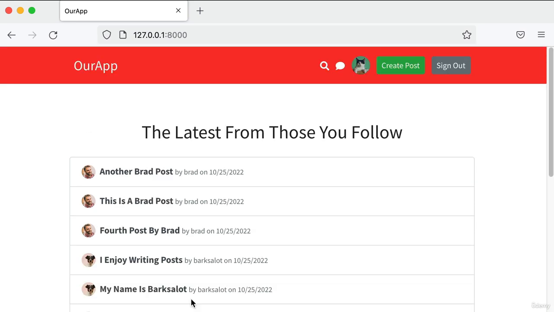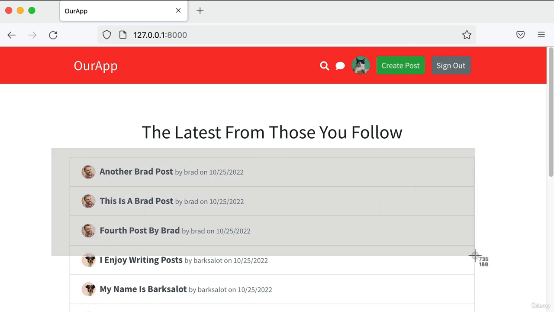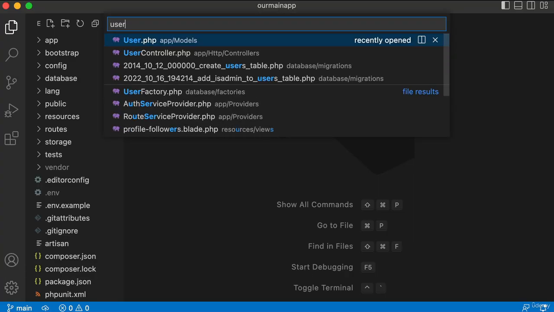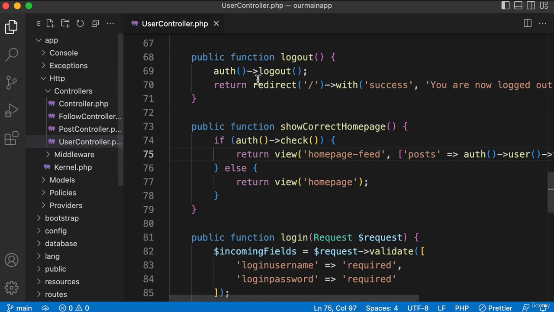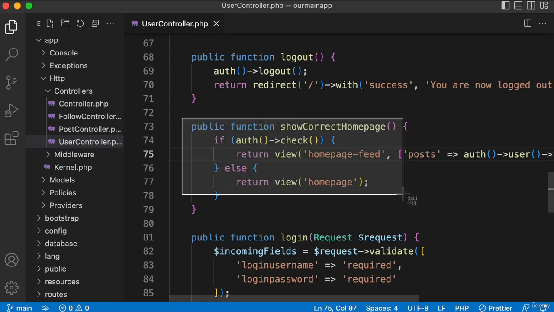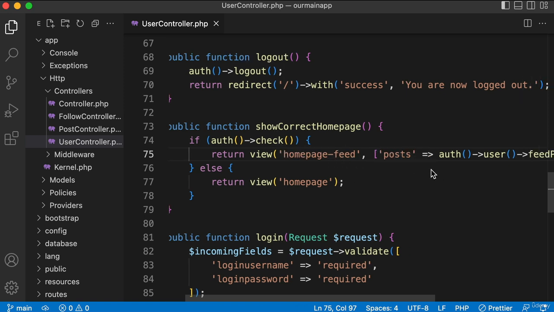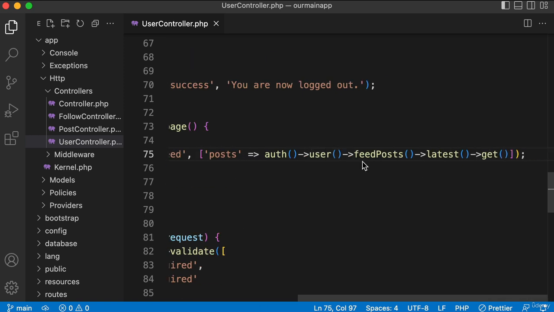So let's go into our user controller, because that's what's controlling the homepage feed here. So search for your user controller file. We're looking for our show homepage function. And on this line, we have our homepage feed blade template. We're giving it posts. Well, when we look on our user model and look for feed posts, instead of ending